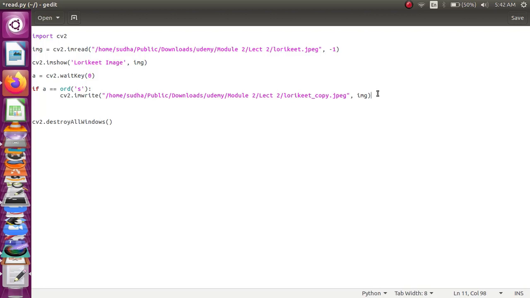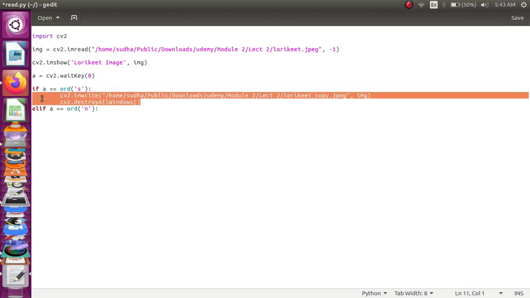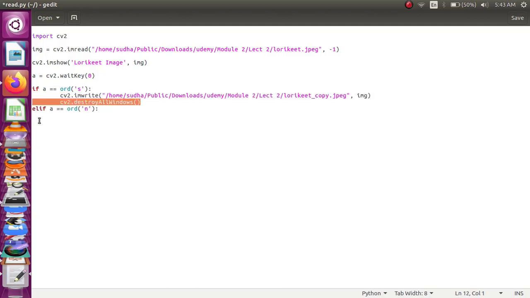And then I have to destroy my windows. Else if my key which is entered is N, then I have to simply destroy the window. I should not write the image inside my path. This is the condition I am going to specify.